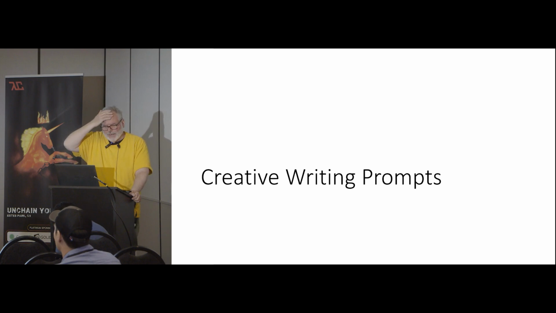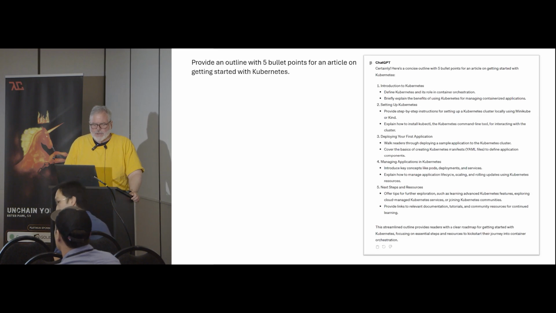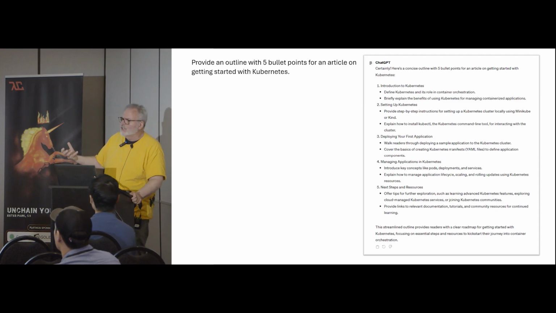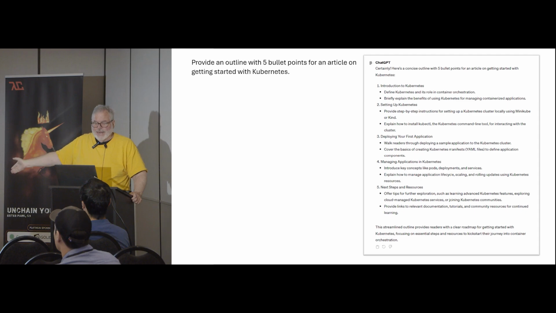Creative writing. I do a lot of writing. I have an active blog, and I submit. I write about technology. I write about books and movies and travel, all sorts of things on here. Here's something that I would take advantage of. Write an outline. I want to write an article about Kubernetes. Give me an outline for that article, just to get me kick-started on it. And this is an outline. I told it 5 bullet points, and this is a good kickstarter for it. I wouldn't have it write the article for me. That seems wrong.